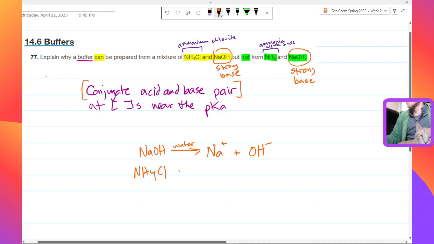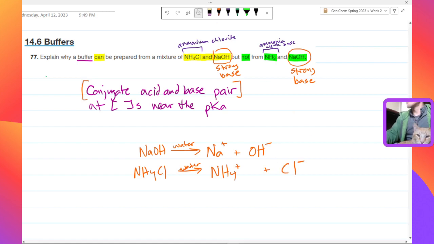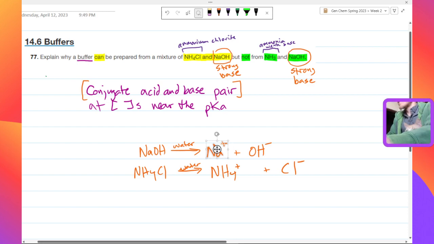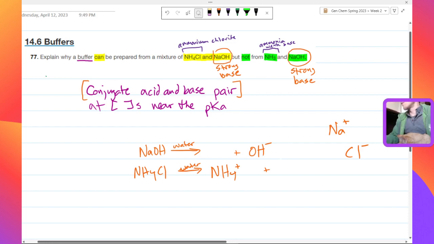This will also essentially completely dissociate within reason to ammonium cation and chloride anion. And the chloride anion and the sodium cation are both spectator ions. They're super stable. They're just going to hang out, maybe form a salt with each other to have some fun. These are the active agents here that we're actually talking about. We've got the ammonium cation